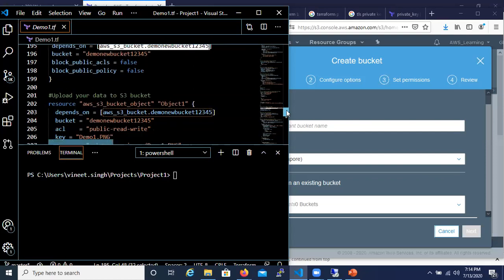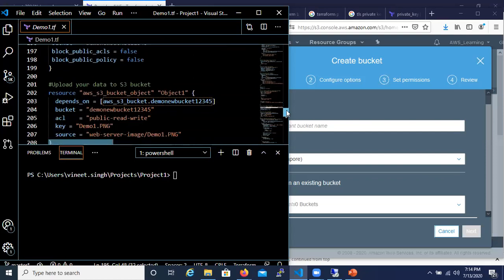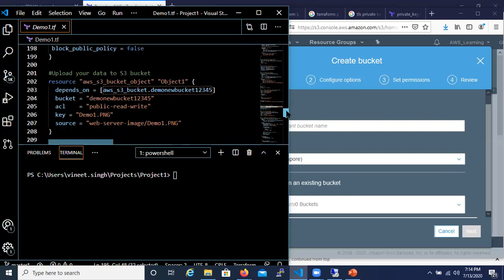Now, once this bucket is created, I have to upload the object to this S3 bucket. For this, I'm using a resource type as AWS S3 bucket object. And if you're thinking how will you remember all these different resource types, the simple answer is you don't have to.